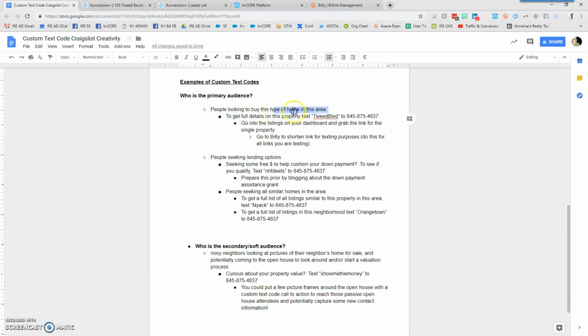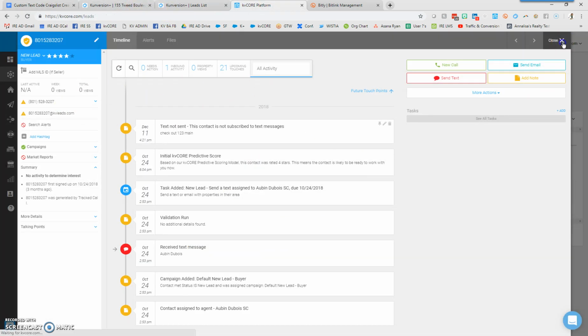So it might be a good idea to get full details on this property, text Tweed Boulevard. The property of which I'm referring is on Tweed Boulevard, so I just used it as part of my text code. And then you can go to the listing on your dashboard and grab the link for the single property and go to bit.ly and shorten that link. So whether you're in K Plus or KD Core, when you're looking for a particular listing,